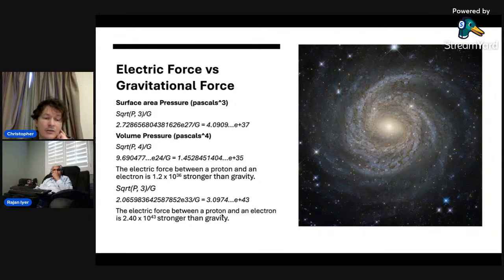And the electric force between a proton and an electron is 2.4 times 10 to the 43 stronger than gravity. So we're looking for these kind of ratios